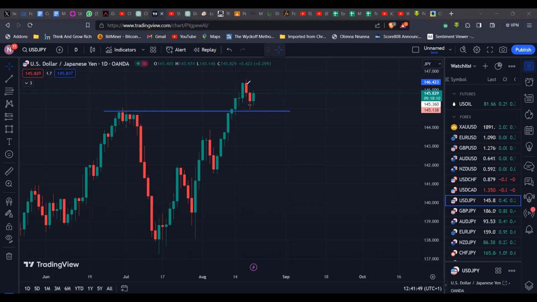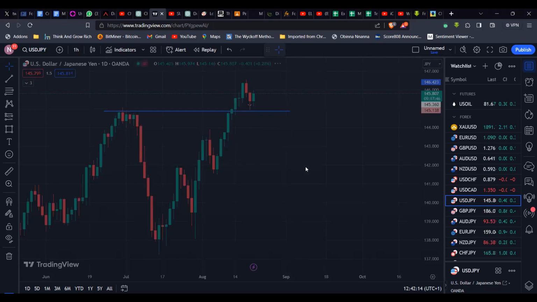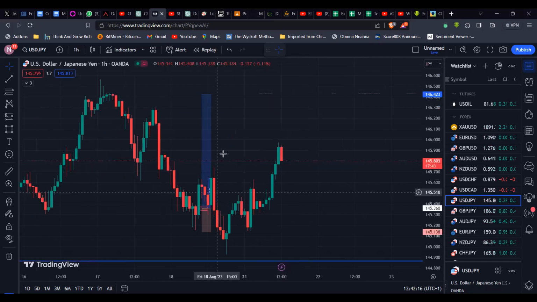So from the standpoint of the overall structure of the market, we've taken out this high. Could we begin to make a new low, higher low to then go up, or does price want to creep up a little bit before doing that? Whichever the way, I'm only looking for buys on USDJPY, and I'll be looking for those on the smaller time frame.